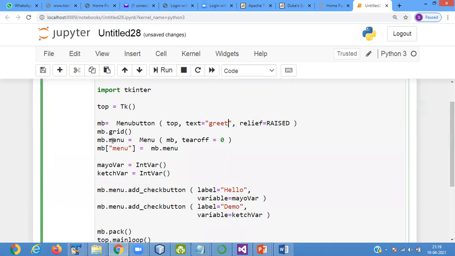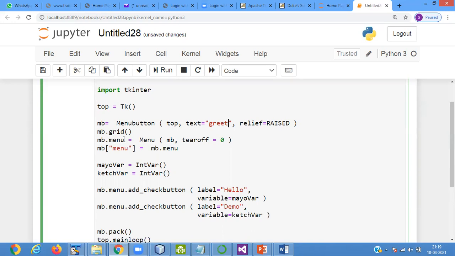The MB dot grid method is used. Grid method basically it is working to add the component in a particular position. So that is for that we're using grid method.